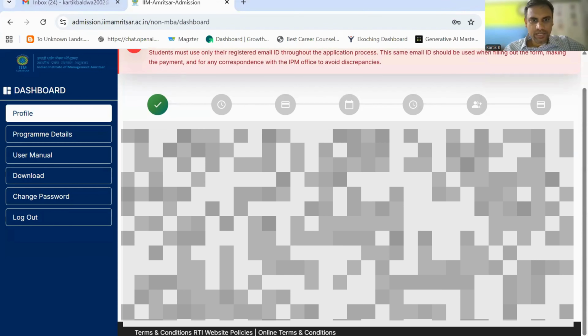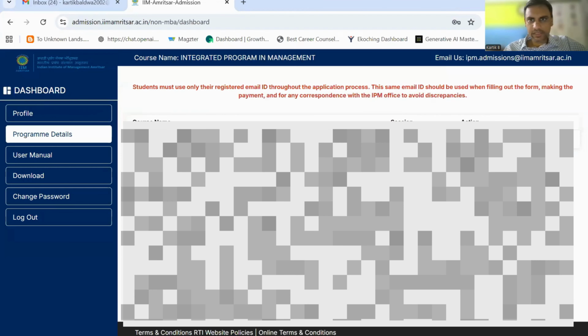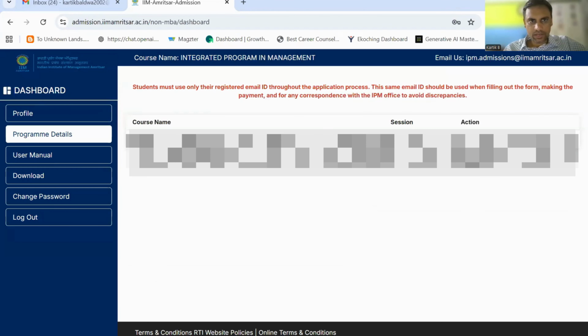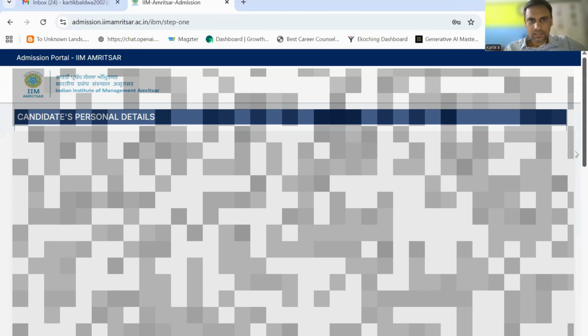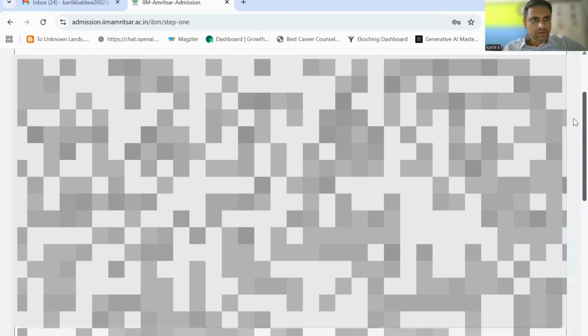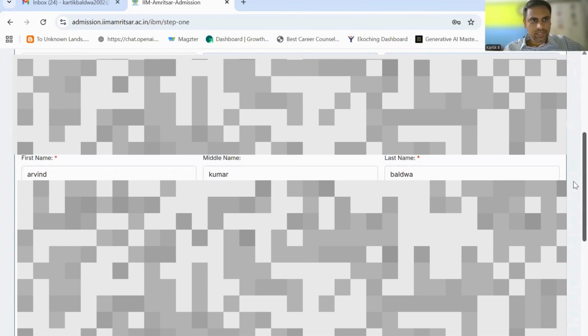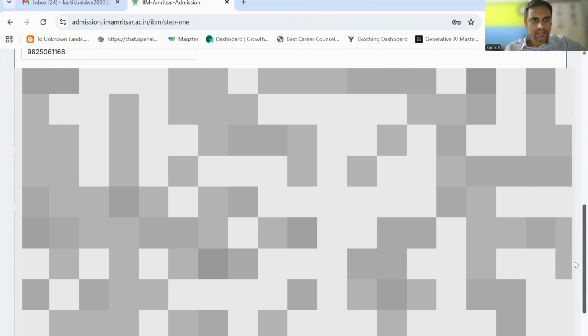So the initial data will already be filled. So we can go to the program details, click on integrated program in management, apply now. Once you click on this, you will get some information which you are supposed to fill here, starting with your address. So I've entered my address. If your address is the same as the permanent address, you can just click on here, same parents details, and then